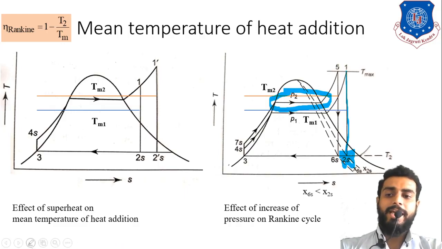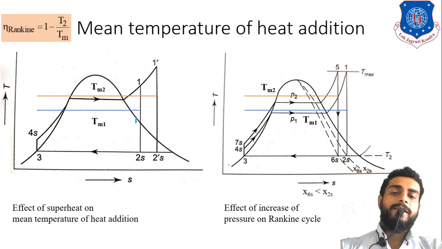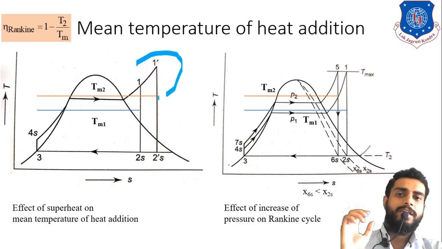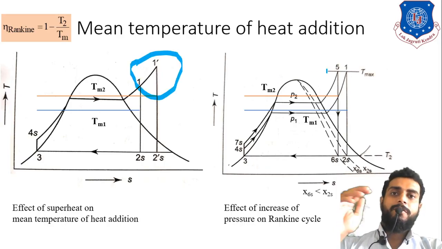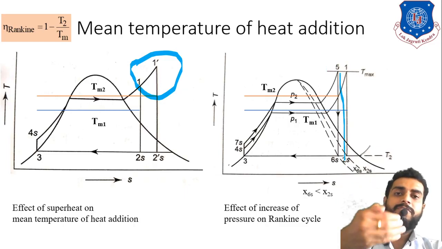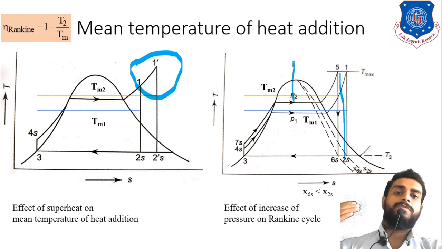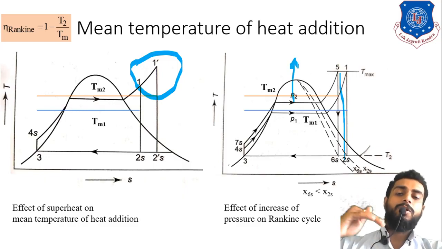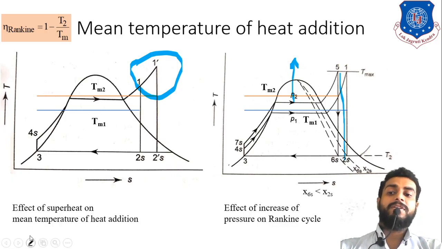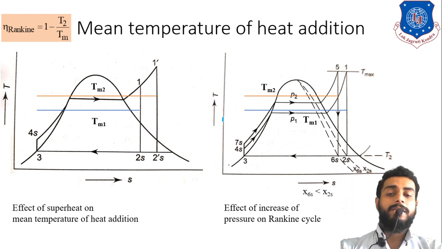Okay, I am repeating again. What are the constraints? The very first constraint is that if you are increasing the temperature of superheated steam, then you have metallurgical constraints, that the material will get melted. Further, if you are increasing the pressure, then after the expansion in the turbine, the steam will get more wet. So that is damage to the turbine. So you cannot increase the pressure of the heat addition beyond a certain limit. That is the second constraint. But still you want to increase the efficiency of the cycle. So what will you do? Think by yourself. We will meet in the next lecture.